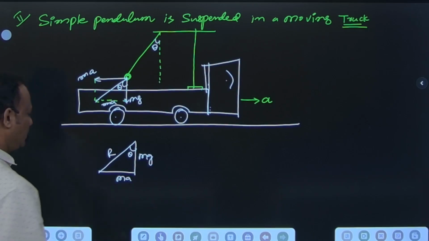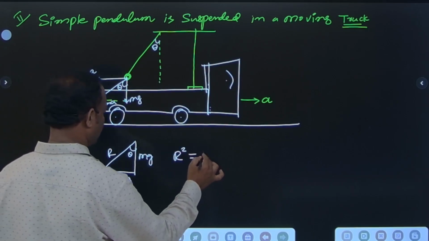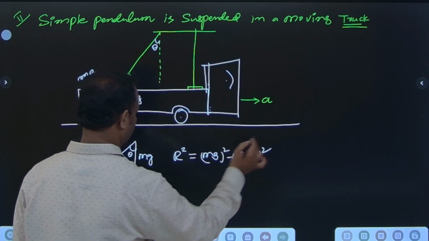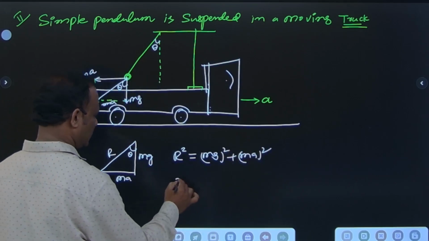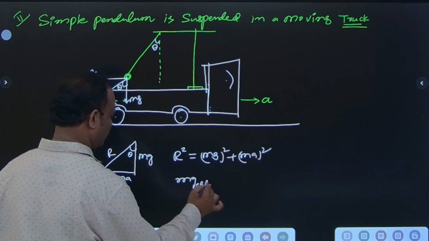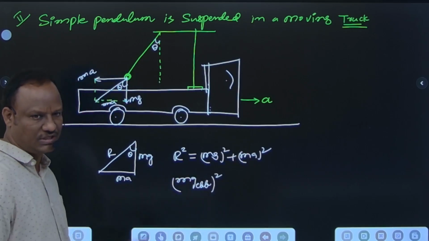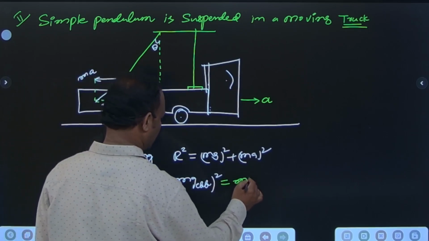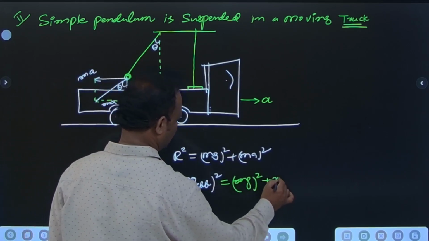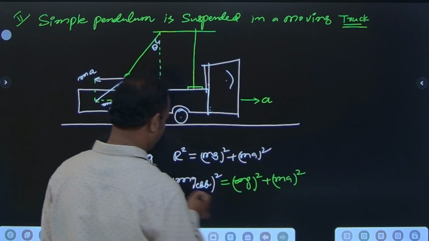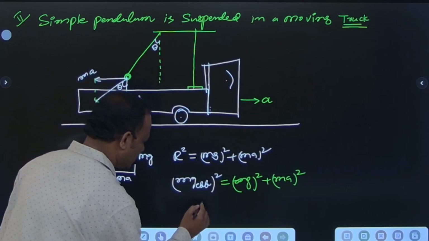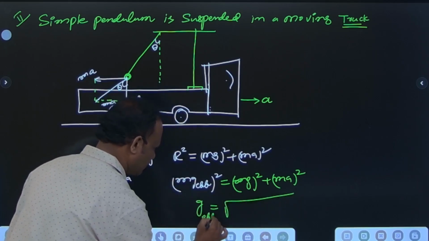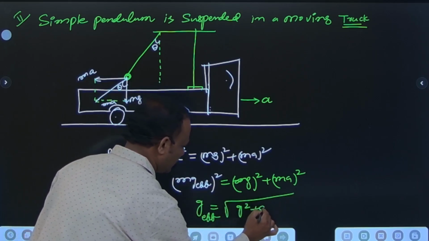Hypotenuse. Hypotenuse square is equal to R square, which is equal to mg whole square plus ma whole square. So this is mg effective square, the net force I am finding. mg effective square is equal to mg whole square plus ma whole square. m common cancels. Then g effective is equal to under root of g square plus